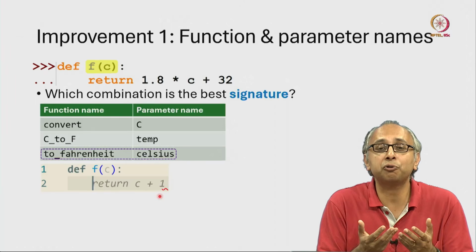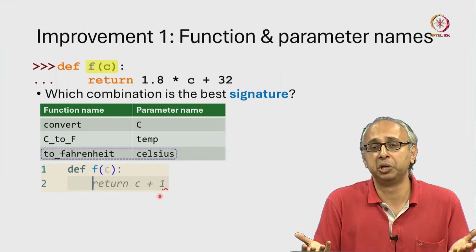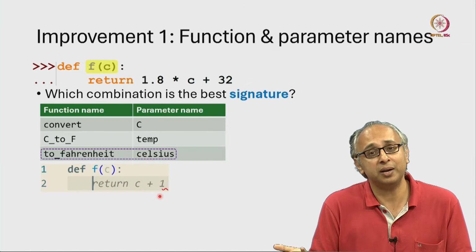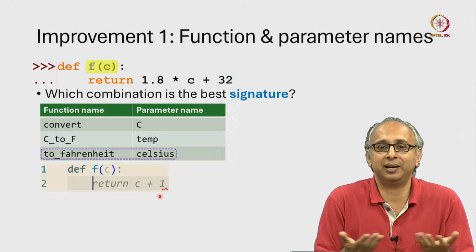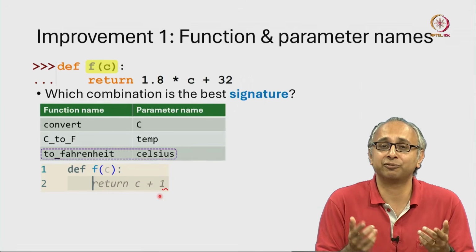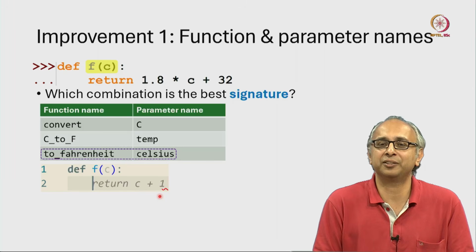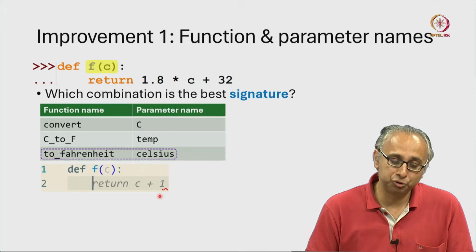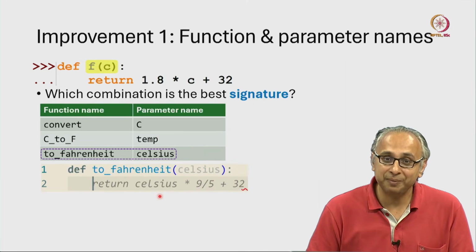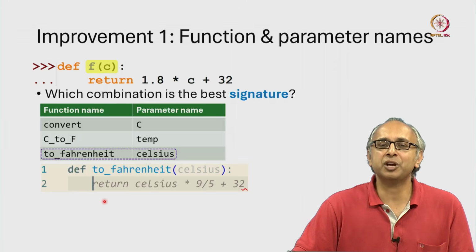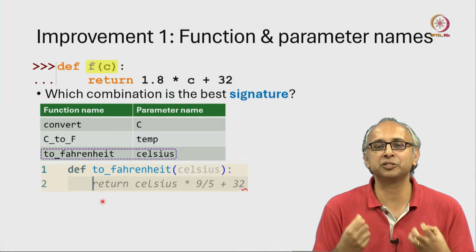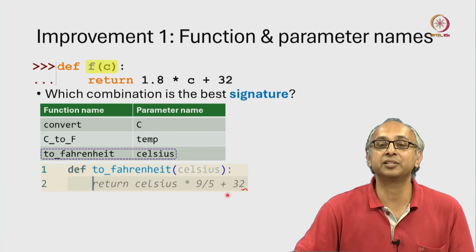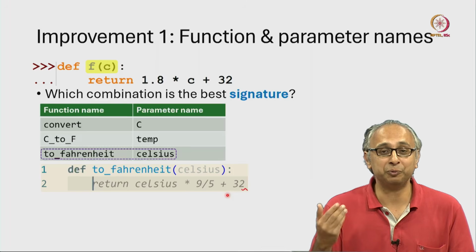My AI has no clue what this function is supposed to do. So it's just guessing here that, well, given some data C, maybe you want C+1. Now, that is clearly a very, very lucky guess if that's what I want, because there is no indication here that that's what the purpose of this function was. On the other hand, if I choose a better function name and a better argument, my generative AI has a much better chance of guessing what I have in mind, and in this case it just returns this value, which is much closer to what I really want.